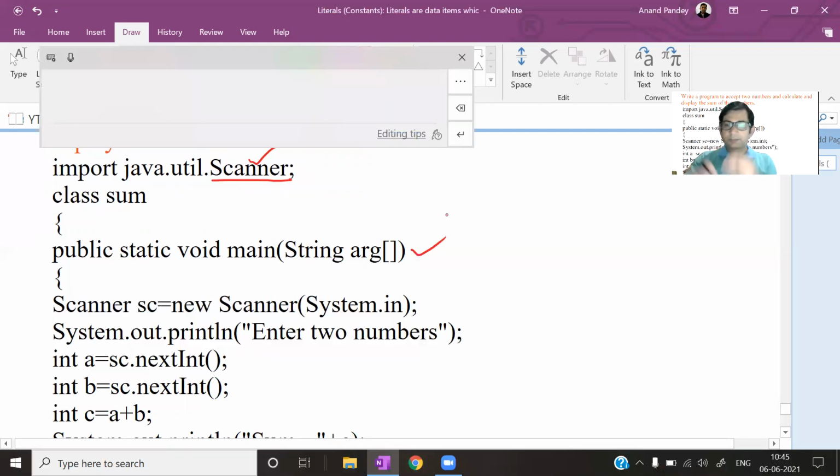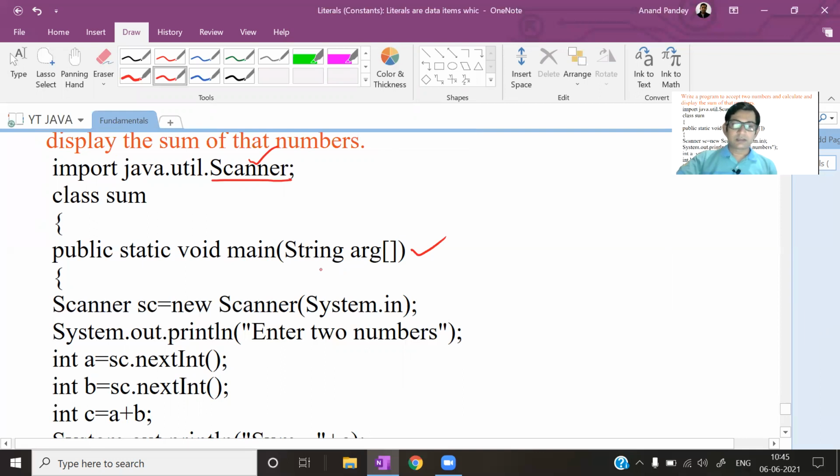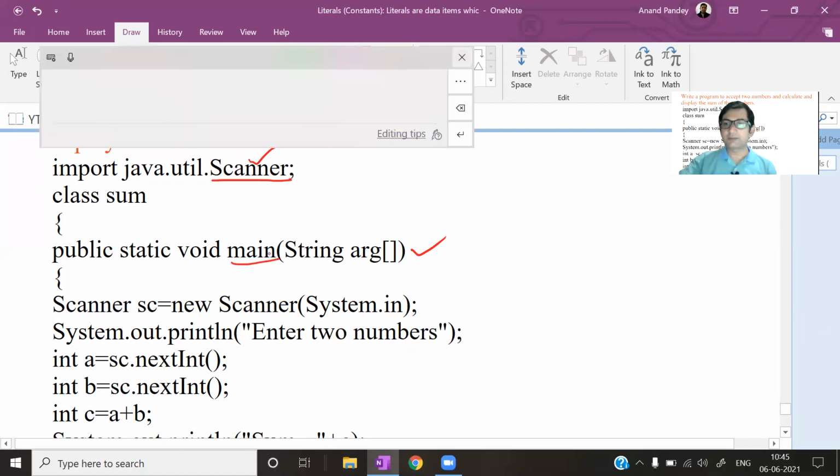At this level, since it is a beginning, we are starting the program. You must know only that main is a function. Since it's a beginning, I will explain everything further when I teach the function chapter. At this level, you must know this much only, that main is a function, nothing else. And it is written like this: public static void main(String[] arg). Remember only this much, that main is a function.